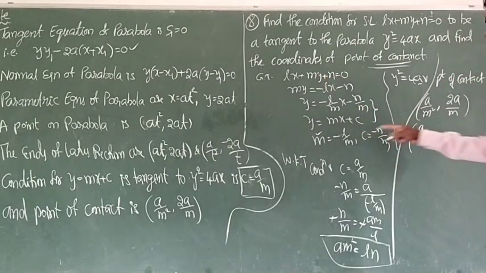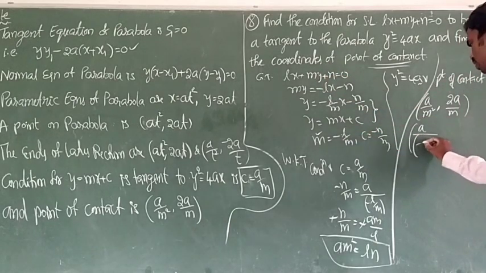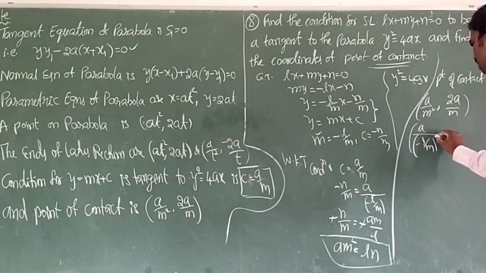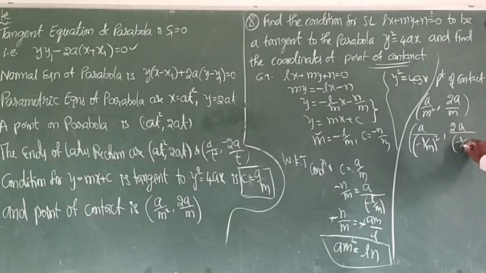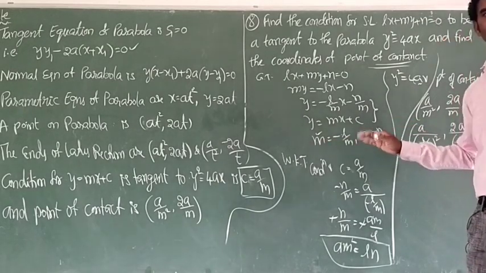So instead of m, what do we have to write? Minus L by m. So it is squared there, minus L by m squared, write down. And 2a by m means again minus L by m. Did you get clarity about where m is there, here m is there? That's why I am saying.